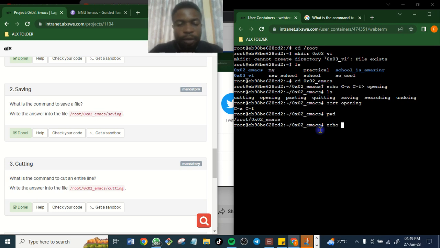Now cx, capital letter, don't forget. If you don't use capital letter, it will reject. Capital C and small x, then c, s. We want to save, then put this greater than sign, then write saving,